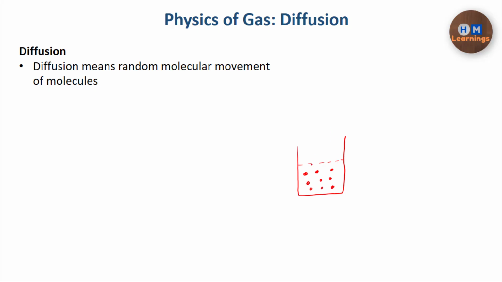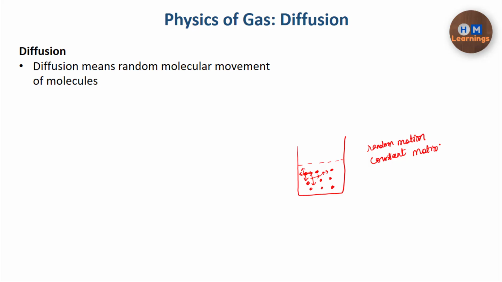What does diffusion say? It has been seen that if we talk about one water molecule, let's say this water molecule, it is in constant motion. This water molecule is going to move continuously in all directions randomly. It could move right, left, up, or down. So random motion means that it could move in any direction, and each water molecule is in constant motion.